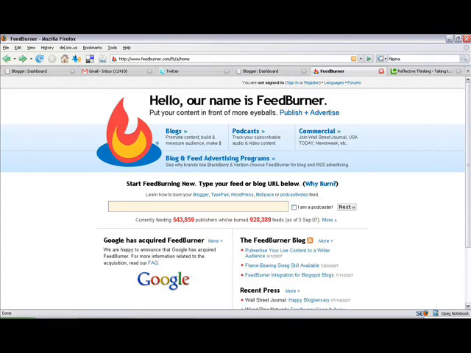So to start using Feedburner, you will see that there's a field box there where you can type in the URL of your blog. And what Feedburner will do afterwards is check the feed of your blog and give you an address, a Feedburner address that you can use from there on. So in this case, what I'll be doing is burn a feed for the digitalfilipino.com group blog. And I type it there,